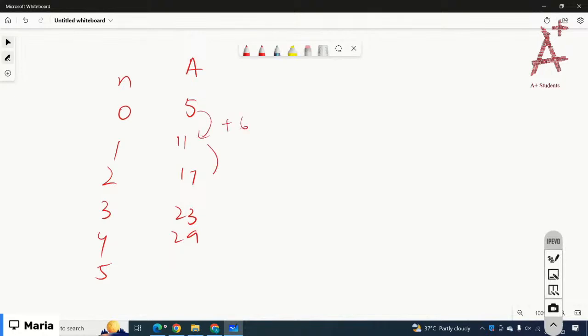5 plus 6, 11. 11 plus 6, so the pattern is growing by 6, right? So you have to add,